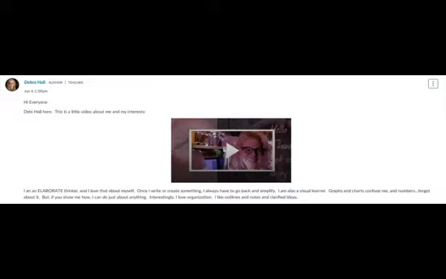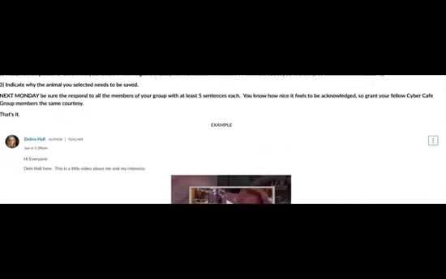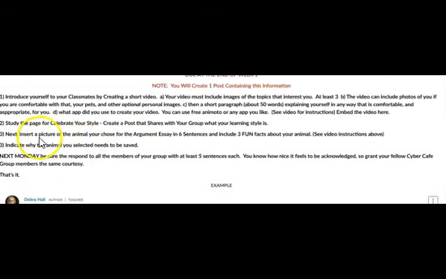Now it's time to move on to the next part of the assignment, which is to select a picture of the animal that I chose for the argument essay in 6 sentences and include 3 fun facts about your animal. For my animal, I locked, and remember that was that topic lock, I locked the American bison, which are part of the Alaska Wildlife Conservation Center Restoration Project to save that endangered species. I wrote a little bit about it, and